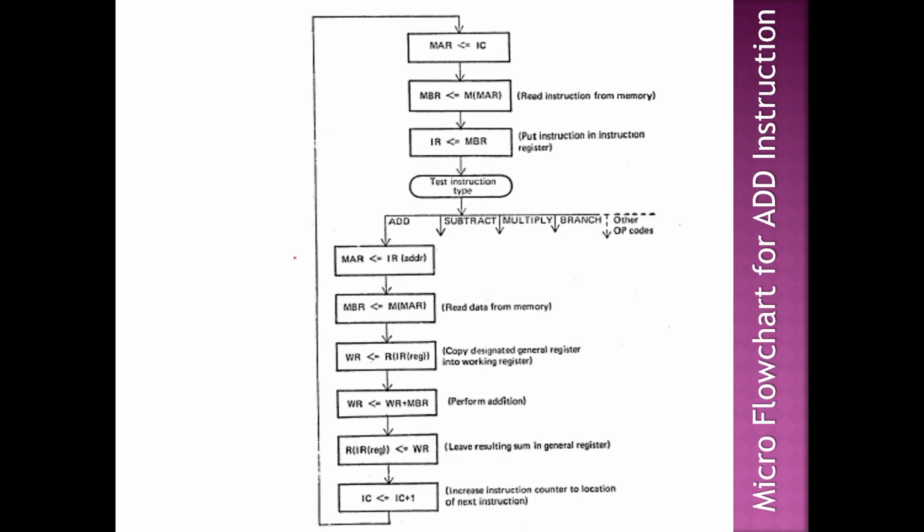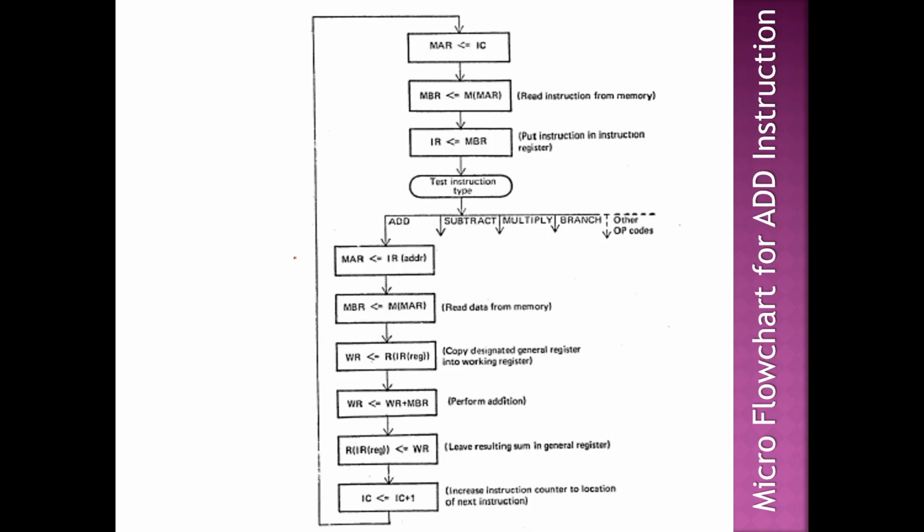What is there in the instruction register? The instruction register has the full instruction. From that, is there an address in that instruction? That alone is going to be picked. The instruction is add 2 comma 176. What is the address there? 176 is the address, so we will only pick up that address 176 from the instruction and store it in the memory address register, right? So the memory address register's contents is now 176. As soon as the address register is loaded with an address, the value stored in 176 will be loaded into your memory buffer register. So the first value which you are going to add will be stored in your memory buffer register from memory location 176, right?